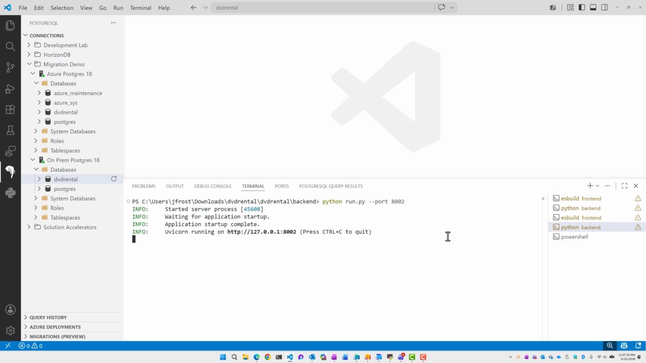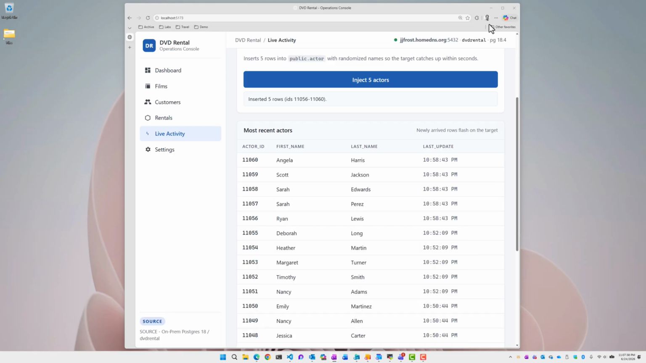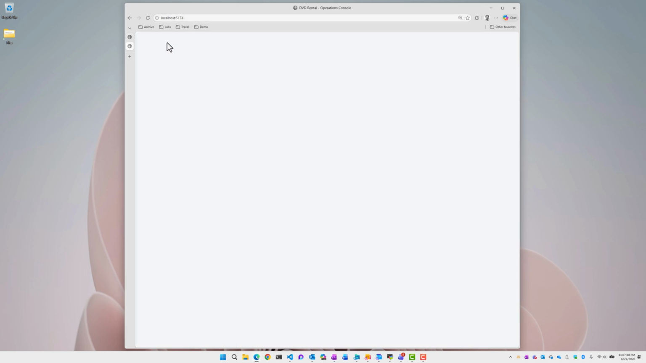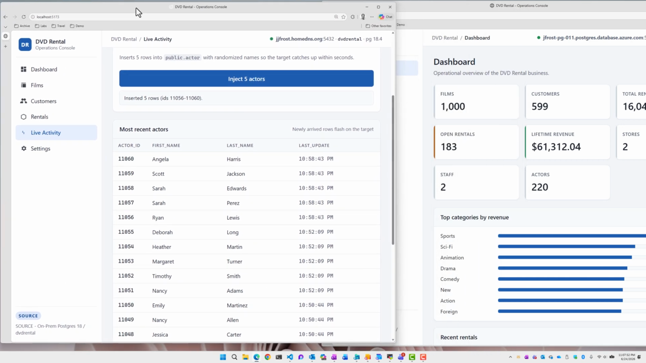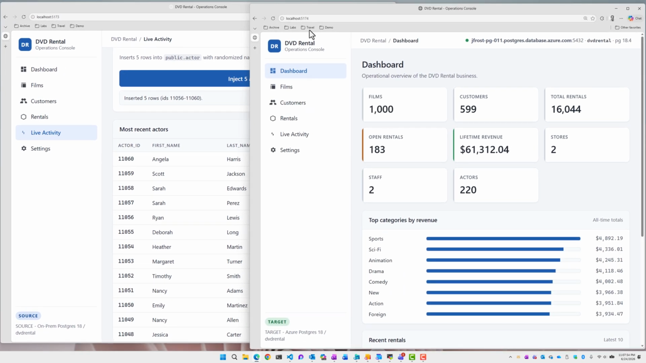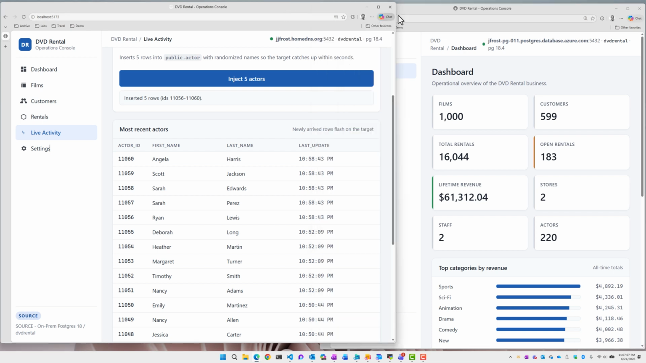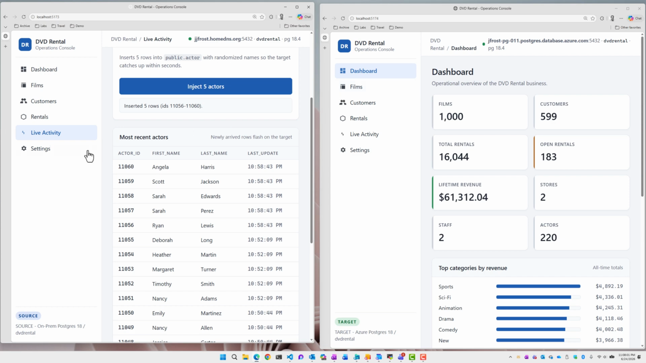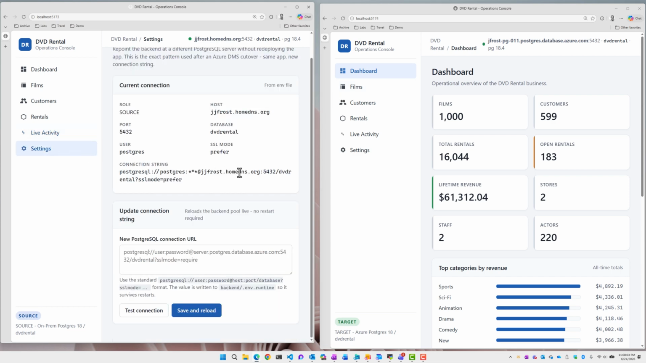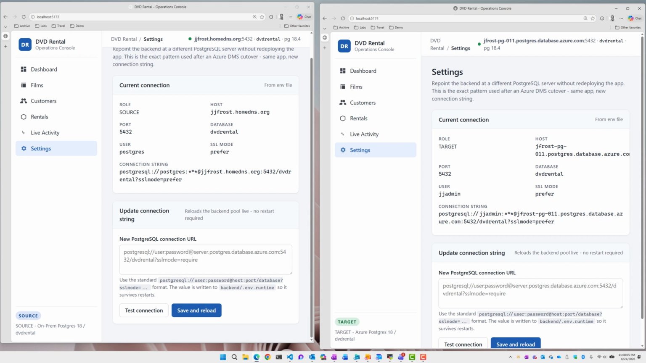I'm going to launch another instance of the application. This time, the only difference is the connection string environmental variable has been already changed to point to the target Azure Postgres database. I will now show the original application connected to the source on-premises Postgres database side by side with a second instance of the same application connected to our Azure Postgres target database. You can see on these screens the connection string for each application instance. The important point here is that no code was needed to change for the application to talk to the Azure